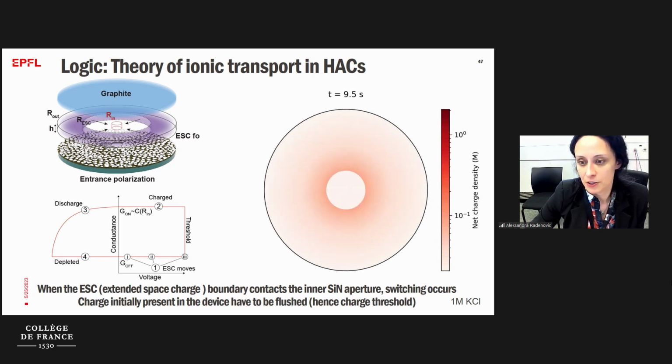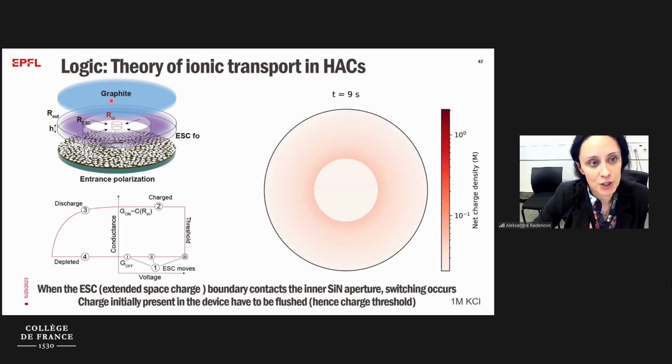So the source of this highly charged channel is due to the entrances and this high asymmetry, and also surface charge that is present on